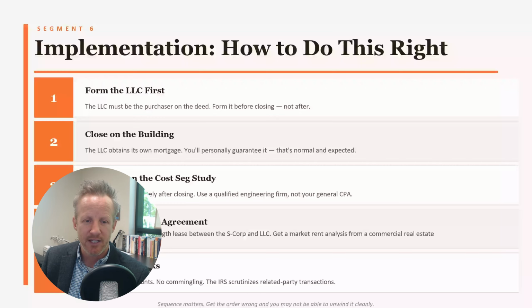Now, what does it mean that you personally guarantee it? If you default on the loan that you took out to buy the building, the bank can come after your personal assets. They can force you to sell your house. They can force you to sell your cars. They may force you to liquidate some stocks and bonds. They can't come after your IRAs and 401ks and other protected retirement assets like that,